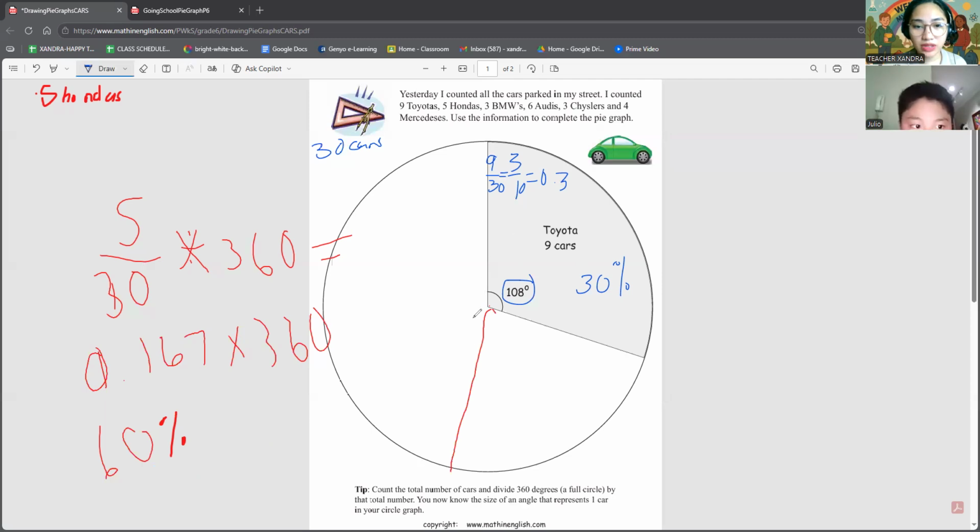If you draw it down like this one, this is already 180. Okay, that's half of the circle. That's 180. We are just looking for the 60. So it should be less here. It's less. Where's your protractor? Try to look for the 60.